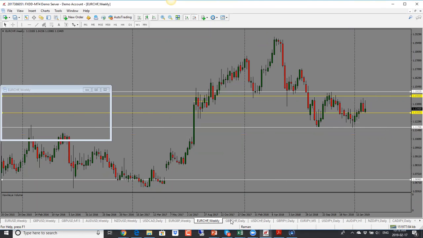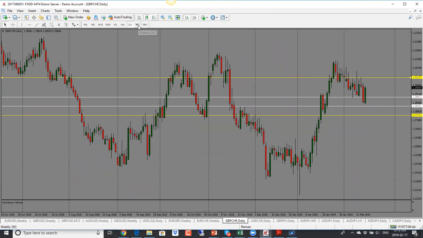All right, so next one, pound Swiss franc. This one is sort of in a channel here. Let me just see if I can draw this out. So we have this sort of downward channel. So it's been sliding down overall, but hasn't really gotten very far. It's just been going back and forth. On Friday, we had a bullish candle close. I could do one of these, come back down, that type of stuff from the daily.